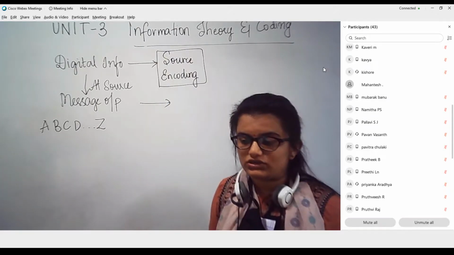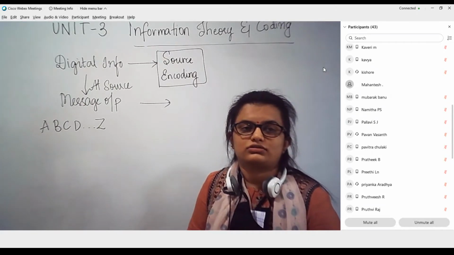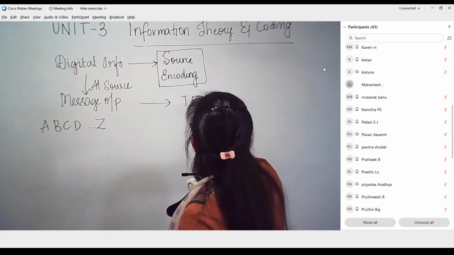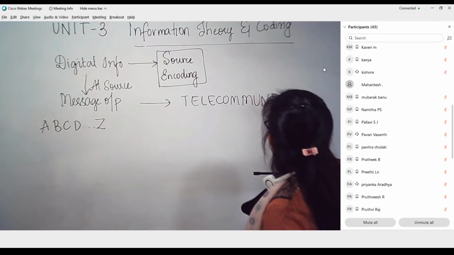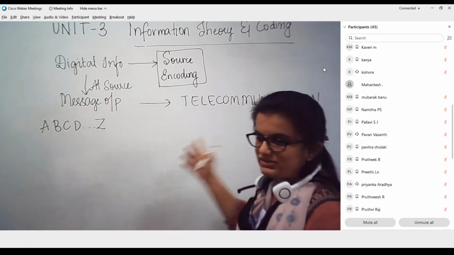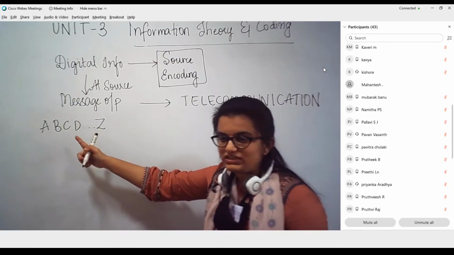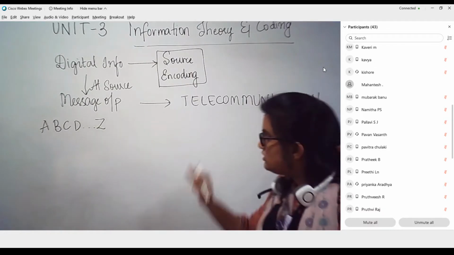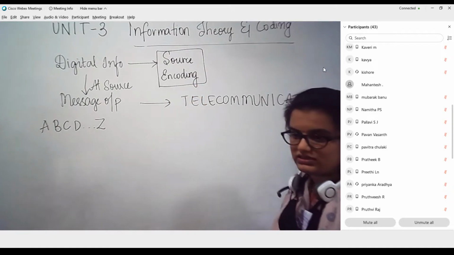Now it is putting out a message. Give me one English word which consists of repetition or something like that. Shall we take the example of telecommunication? Yes, okay, I will take the example of telecommunication. This is my entire message. This entire message is constituted by English alphabets, and the source is going to send one alphabet at a time to the channel. Now assume that it goes to the source encoding procedure.